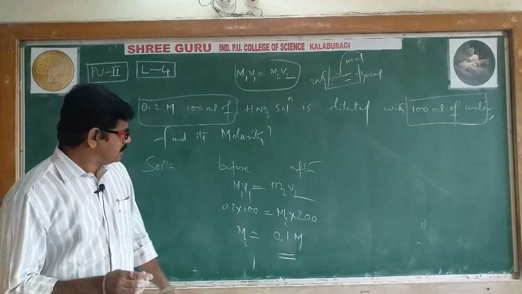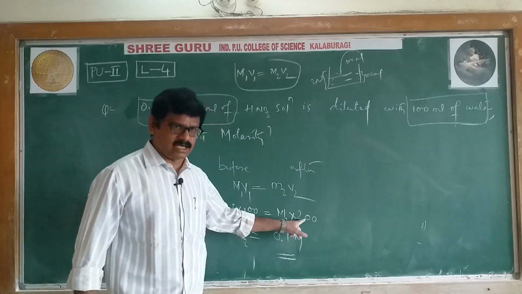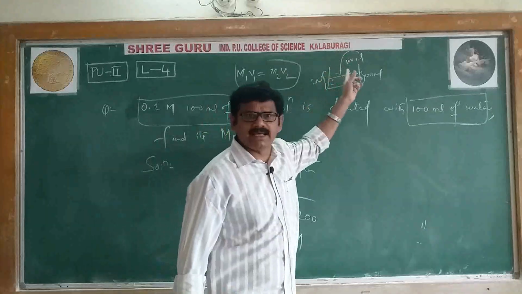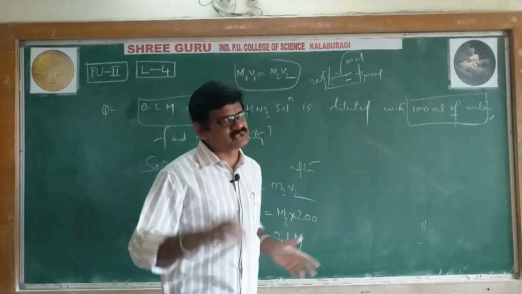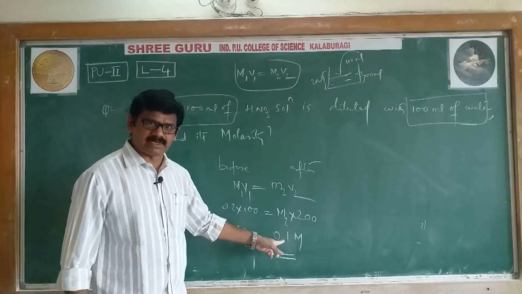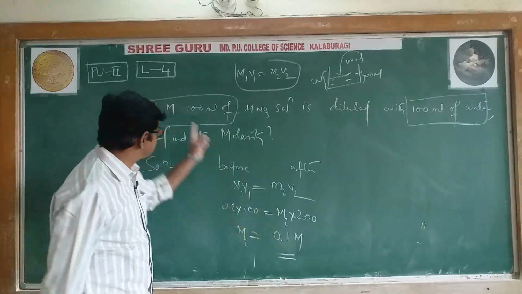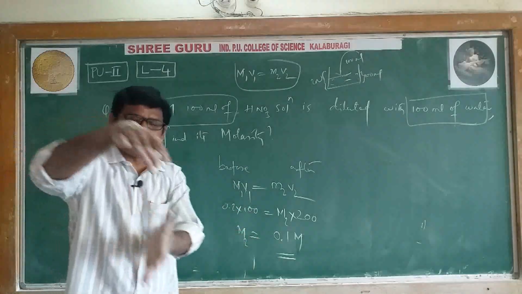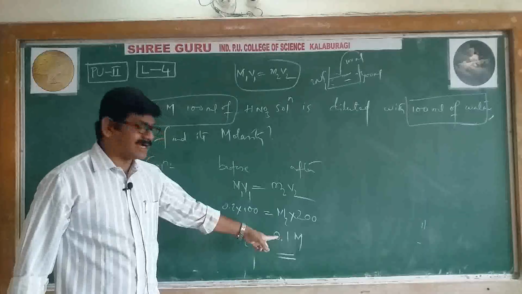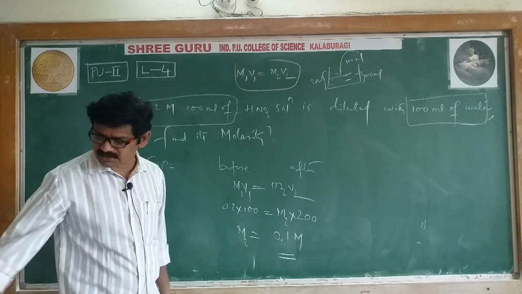That's it. Okay. These are the before dilution values and after dilution values. Once again, why has volume been taken as 200? Initially 100 milliliters was there. Again we are adding 100 milliliters of water. Total it becomes 200. That's why V2 is substituted as 200. Therefore molarity 0.1. See here, before dilution it was 0.2. After dilution it was 0.1. Means the molarity decreased because we are adding water. When water is added, concentration decreases. That is clearly indicating it is a bigger value, smaller value, right?